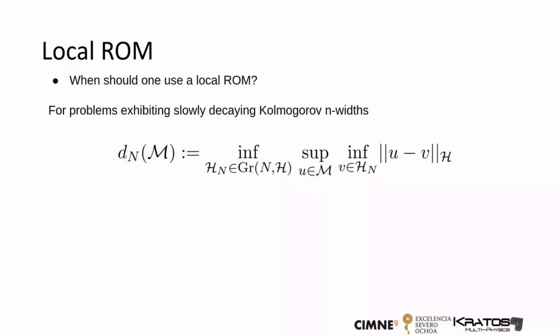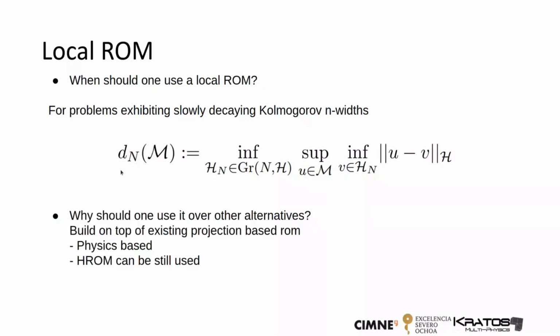But what advantages does this method have in comparison? Well, let's say it is built on top of an existing projection-based ROM. So let's say it's straightforward to implement. If you already have a projection-based ROM, you can implement this without much difficulty. It's physics-based, and this is not an interpolation method, which you could use, of course. And the HROM that you use for the ROM Galerkin is still usable as is. You can probably change it in order to improve it a little bit. But these are some of the arguments to use this method. Also, if you know your system, you know your problem, and you say, by changing the parameters, I will remain within one region, maybe you can also use this one.